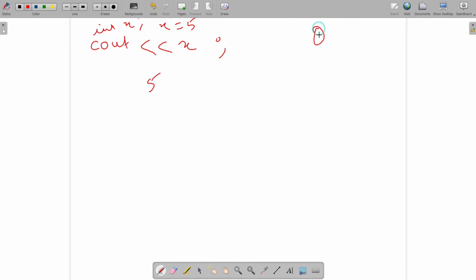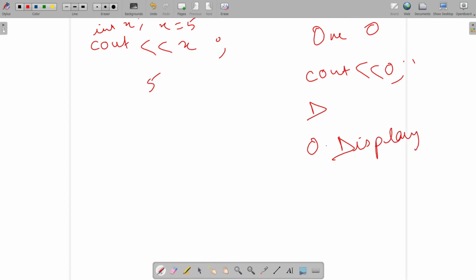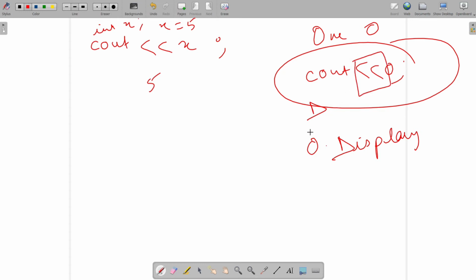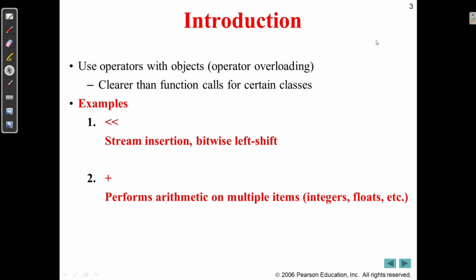But if I have an object of class 1, I cannot write cout O. I have to write a function display to represent the value of the object, and then write o dot display. But I want to do it like this. So now I have to overload this operator. I have to define this operator for the object. This is called operator overloading.